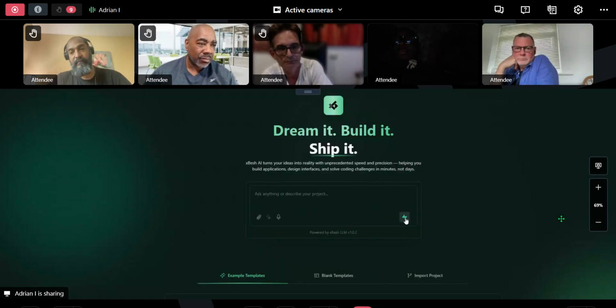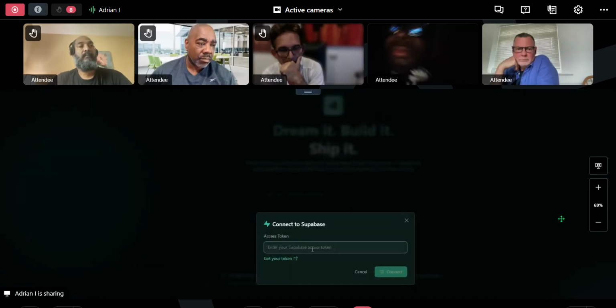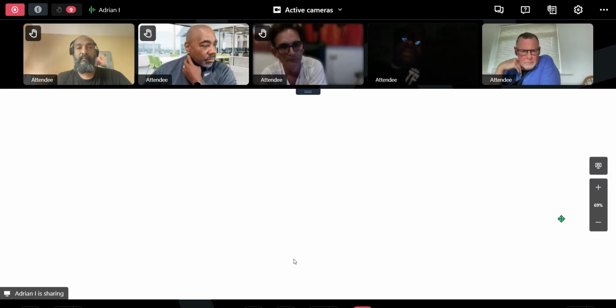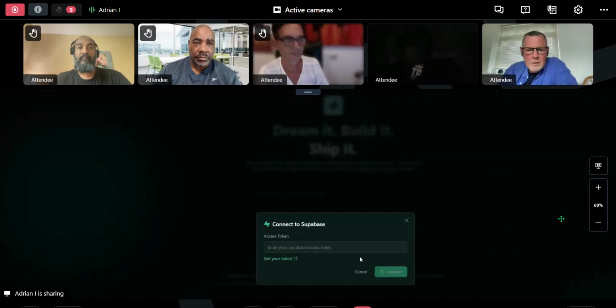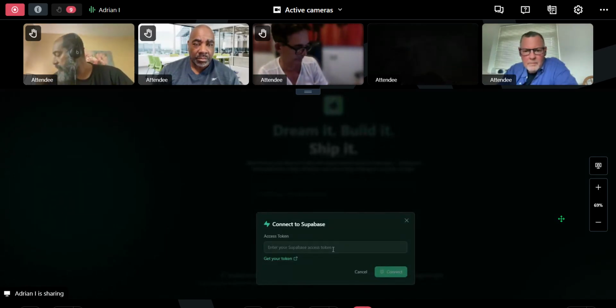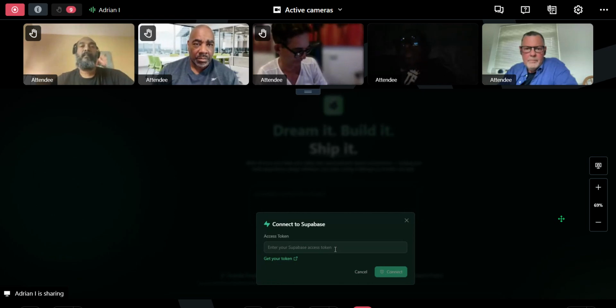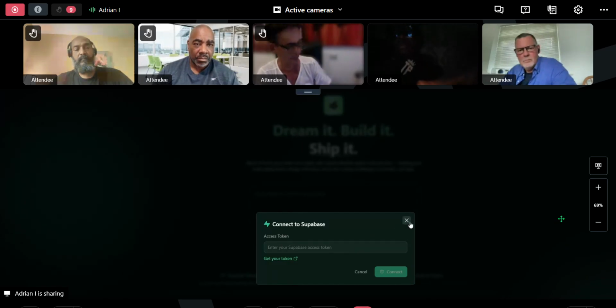Well, if you want to store data in a database, the easiest way to do so, that's why we have this connection directly with Supabase, which means you're going to go here, generate a new token, and once you have the token, you're going to allow Xbesh to actually do SQL commands for you as well. So it's going to be running the SQL commands. So you don't even have to be an SQL expert. I mean, I'm not an SQL expert. I couldn't write an SQL command file to save my life, right?